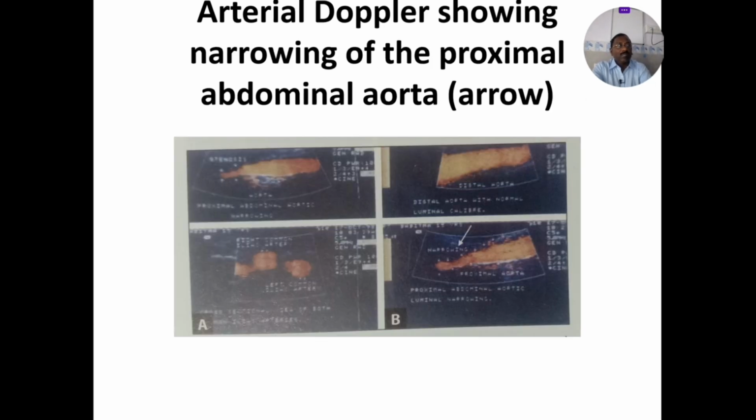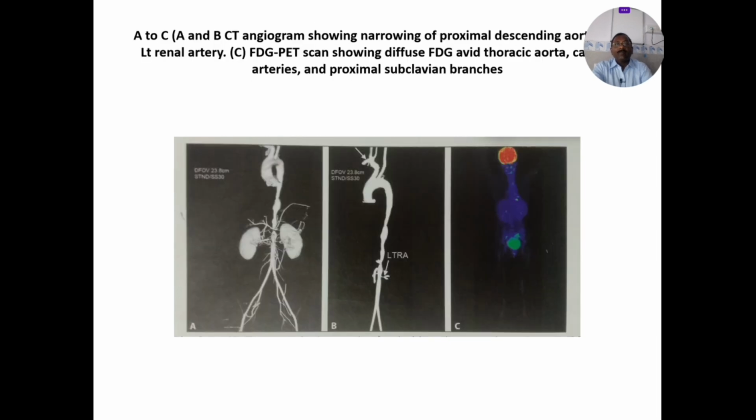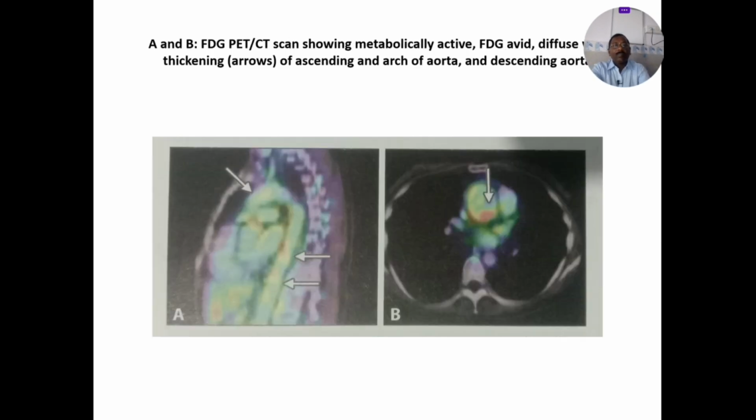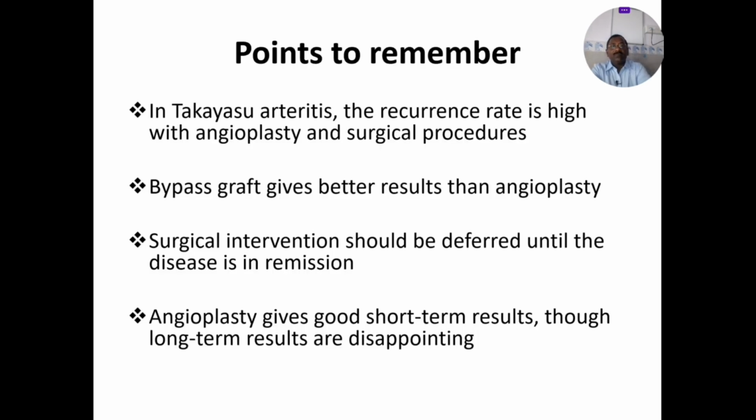So this is the Doppler picture showing the narrowing of the proximal abdominal aorta. See the aneurysmal formations here. Again, here, metabolically active lesions. So the points to remember in Takayasu arteritis, the recurrence rate is very high with angioplasty